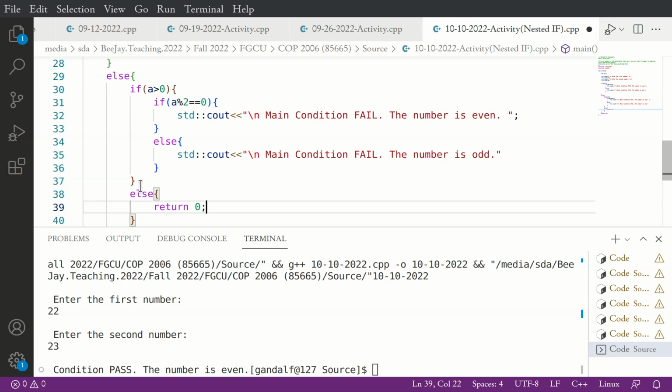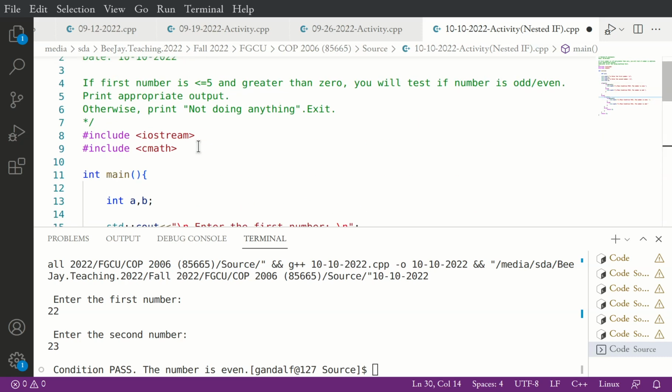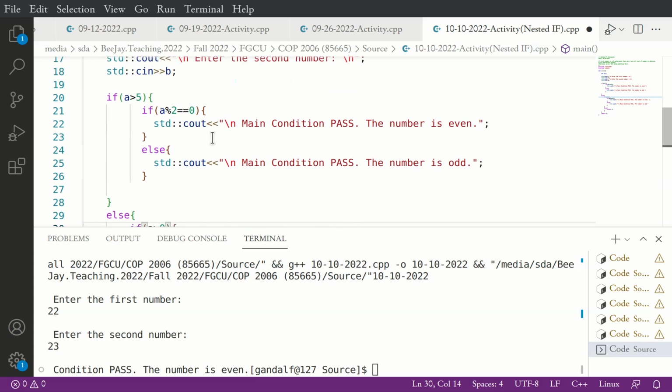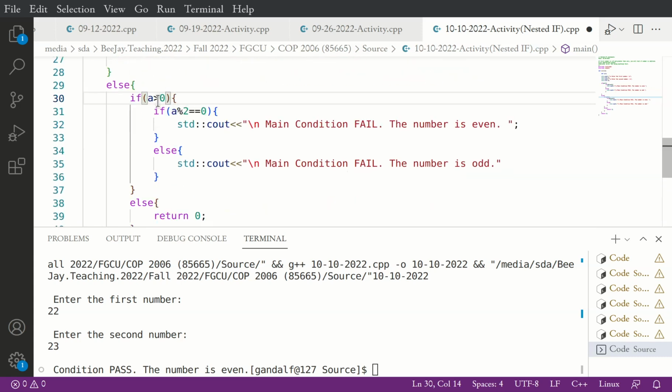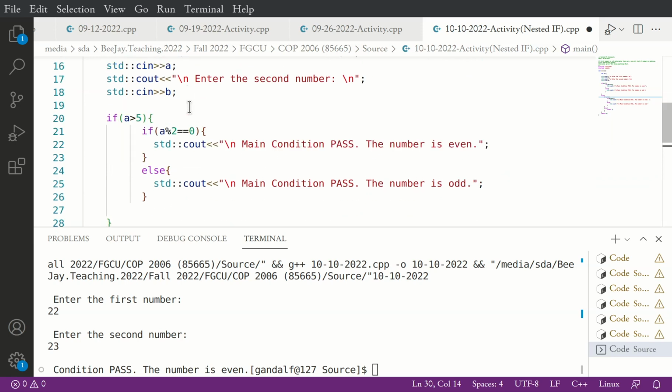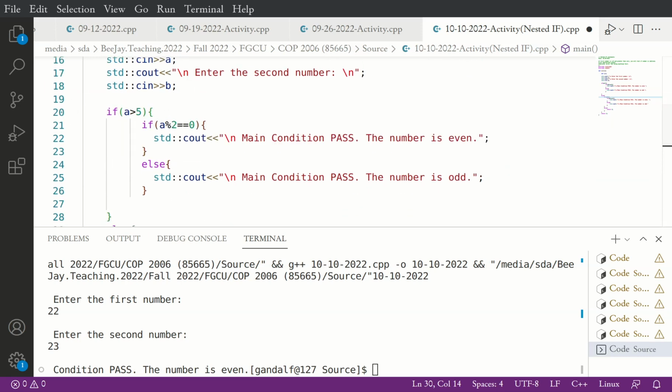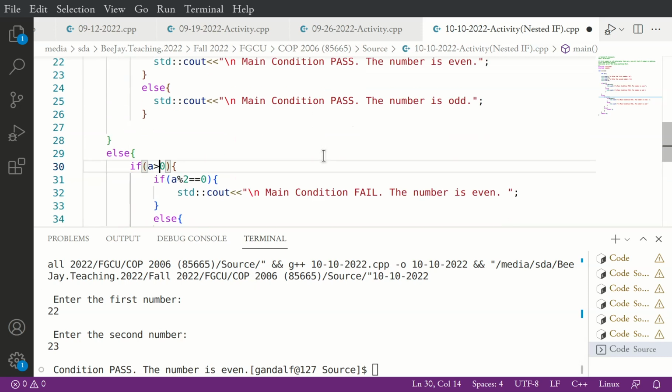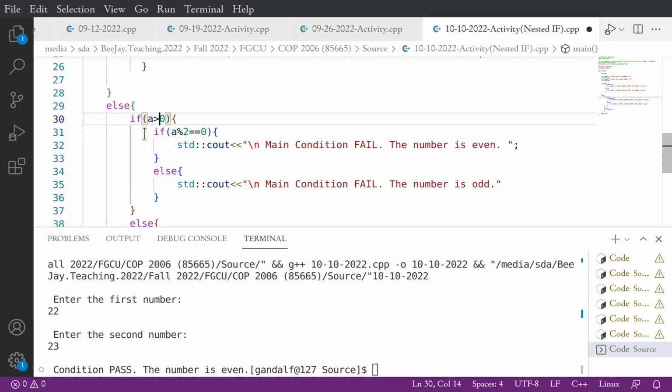Yes? Because the main condition failed, why do you need the A greater than 0 there? The one on line 30? Like if it fails anyways, why do you need to check again? What I'm saying is the condition is that it's gotta be less than or equal to 5 and greater than 0, right? That's the condition. Then, if it fails the less than or equal to 5 and goes to that,